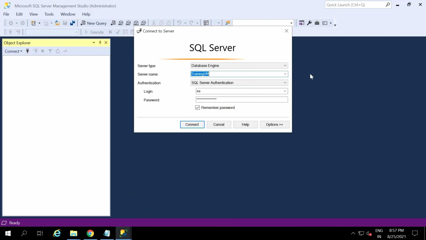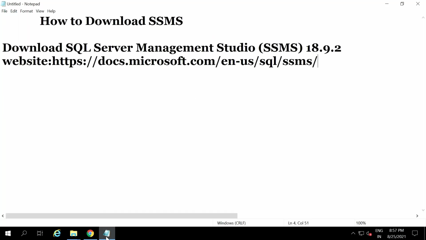First you have to connect to the SQL Server. It will ask you for the SQL Server instance name. You have to give that name, and if you have authentication, then you have to give the username and password also. Next, connect. By connecting, that particular server will be connected, so that you can do any operations on it.